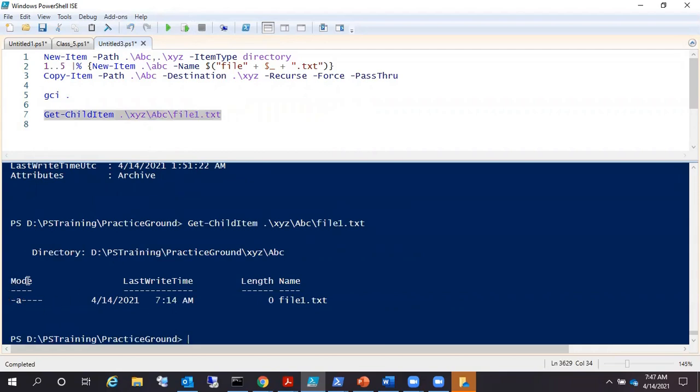You can see mode tells us what the attributes of this file are, right? Currently it is archive only, which means it is ready for backup.